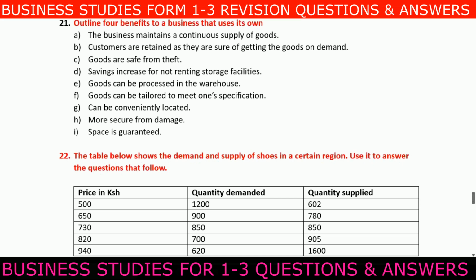Number 1, the business maintains a continuous supply of goods. Number 2, customers are retained as they are sure of getting the goods on demand. Number 3, goods are safe from theft. Next, savings increase for not renting storage facilities. Next, goods can be processed in the warehouse. Next, goods can be tailored to meet one's